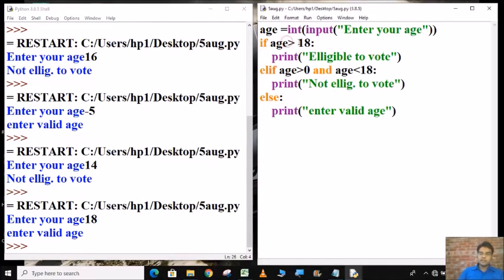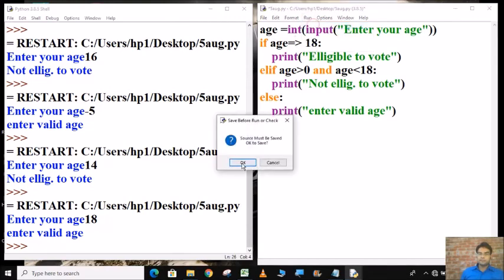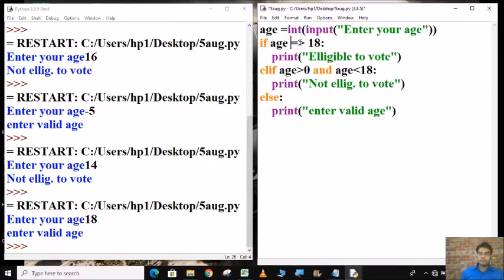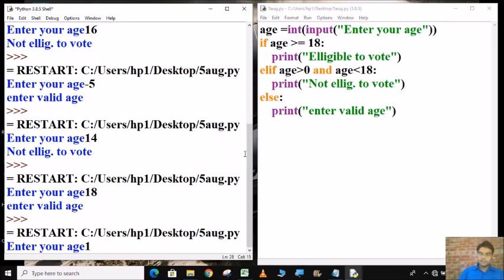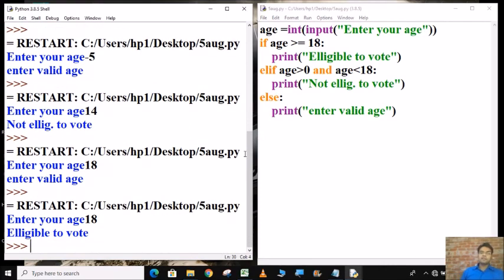It should be greater than or equal to 18. Age is 18, eligible to vote.